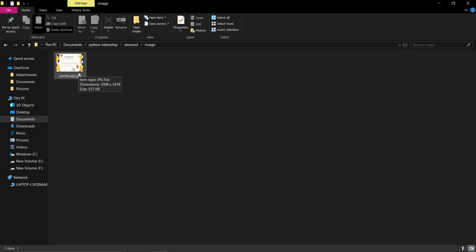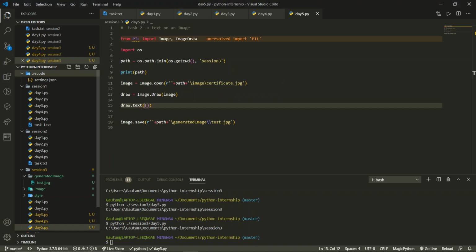If we have the x-axis between 0 and 3508 and the y-axis between 0 and 2478, we will get the text properly. If we write something like 1900 comma 1250, then we will get it somewhere in between the image.